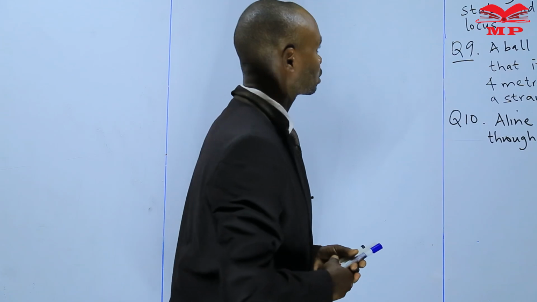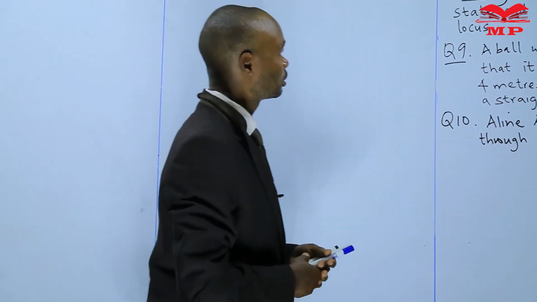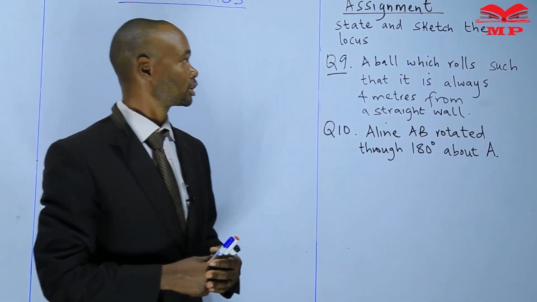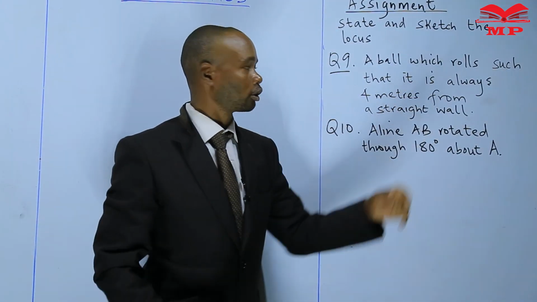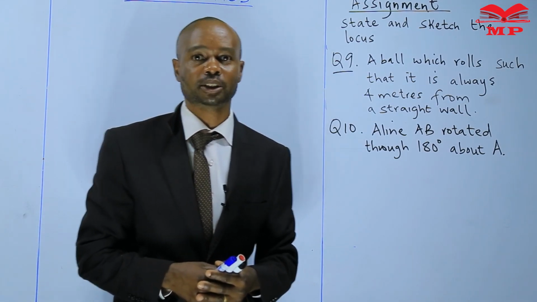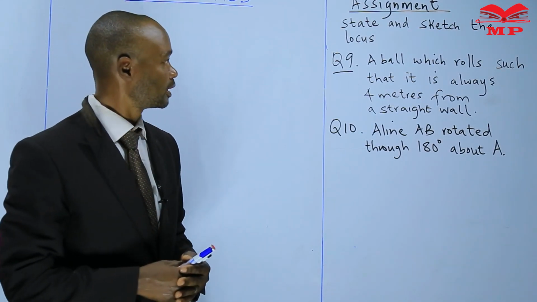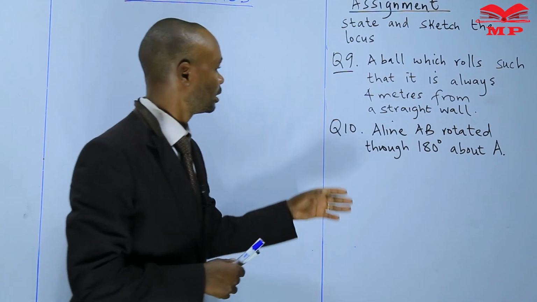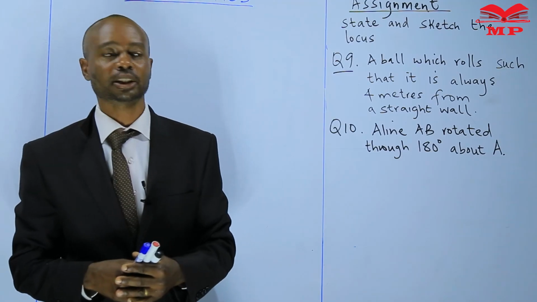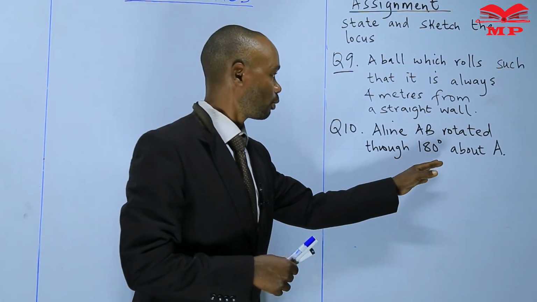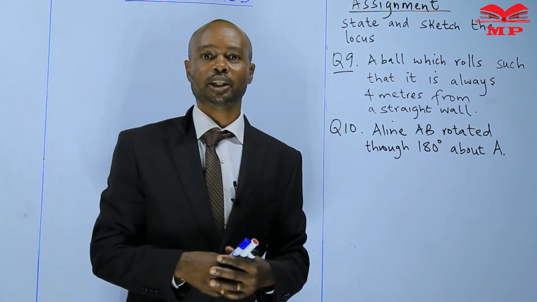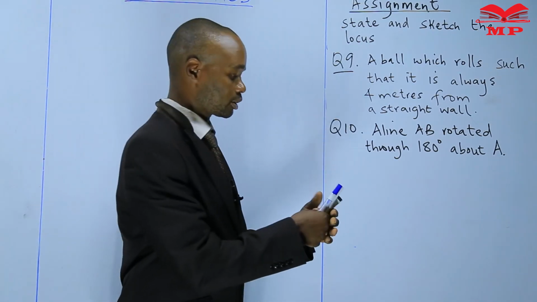In the assignment, question 9 was: state and sketch the locus of a ball which rolls such that it is always 4 meters from a straight wall, and question 10: a line AB rotated through 180 degrees about A. If we start with question 9,